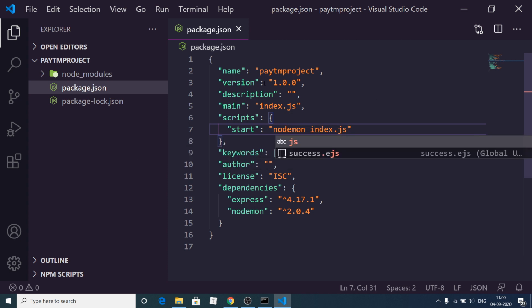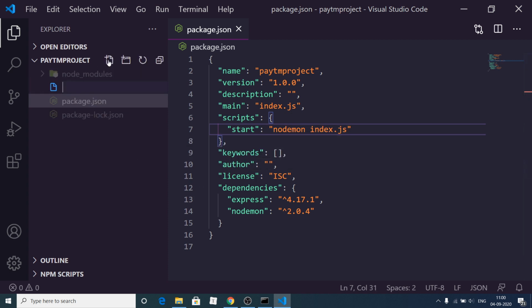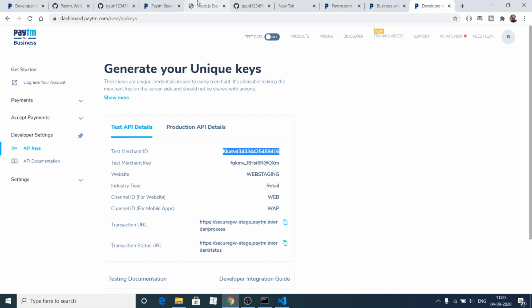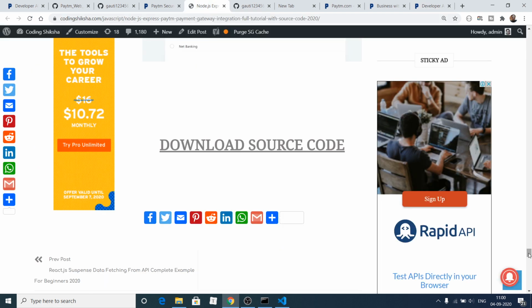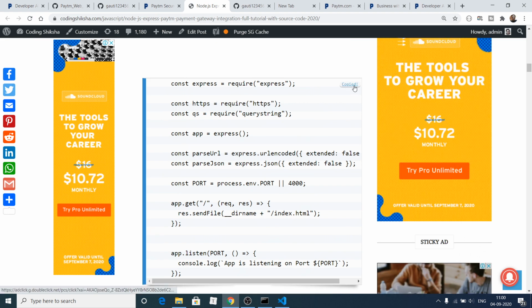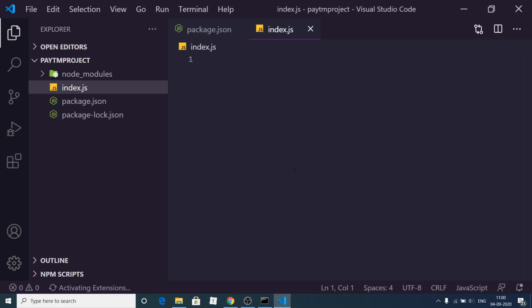So index.js will be the starting point of the application. So create this file index.js. Here we will create our Express server. If you go to my blog here, I have copy pasted the source code in every stage. For the first stage, we need to simply copy this code and simply paste it.